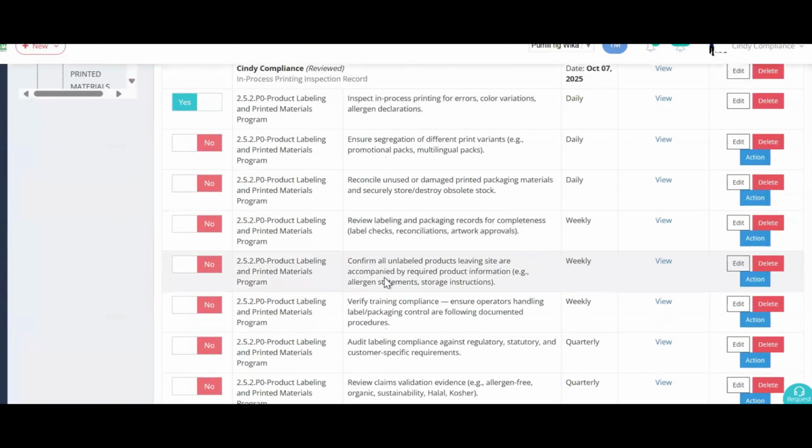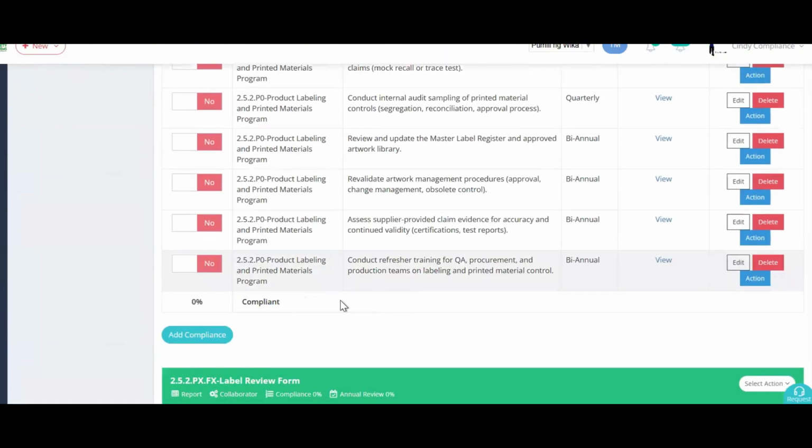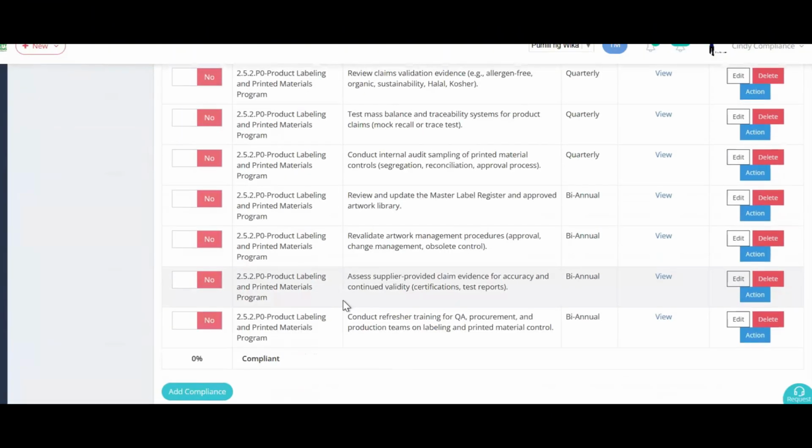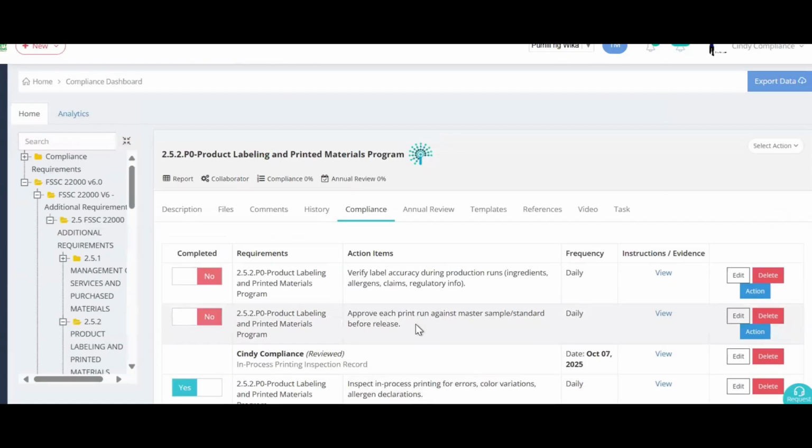You can choose to add your own compliance activities or have our team preload the required tasks to ensure that you meet all the necessary requirements under this specific section. Here are some examples of your compliance action items to comply with 2.5.2 requirements, product labeling, and printed materials program.